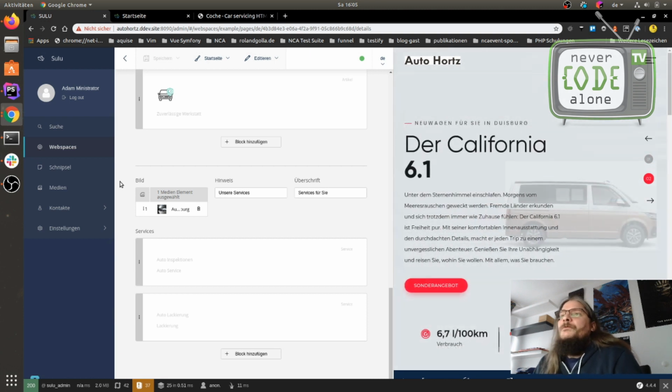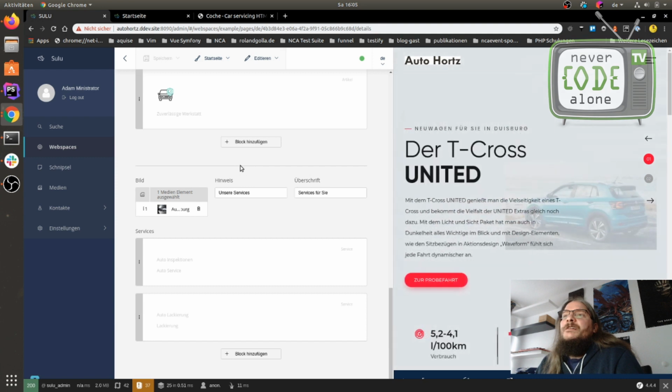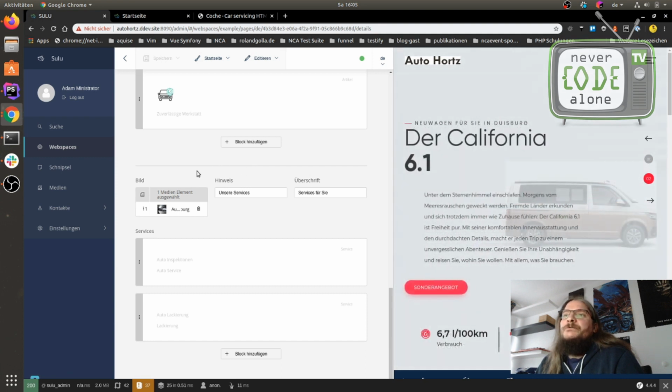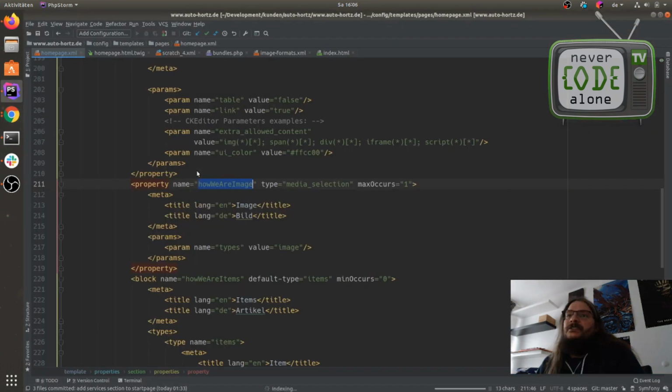So for now I will add a new section. You see there is a headline missing the German translation. I can just add it.